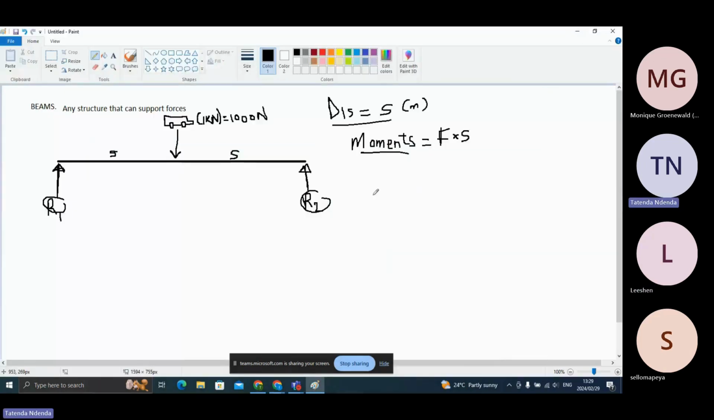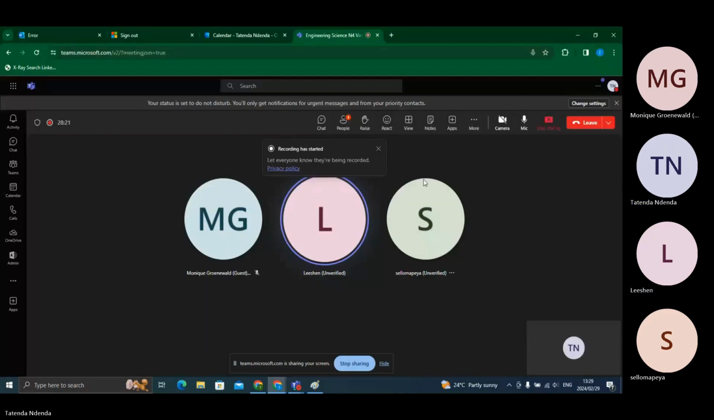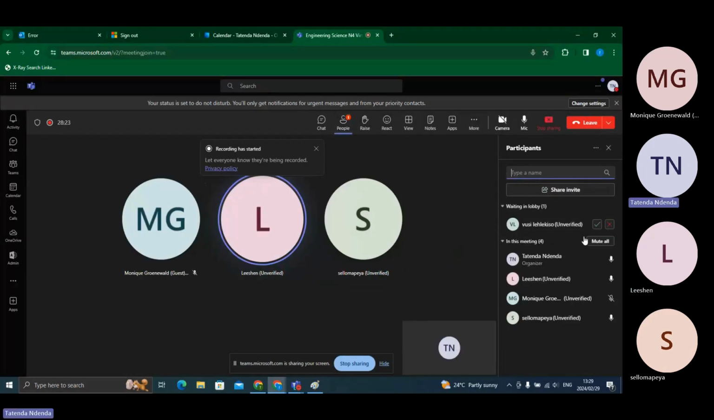Okay, so let's take the example now, guys. We have this car here fixed at this point here, right? When this car is fixed at that point,